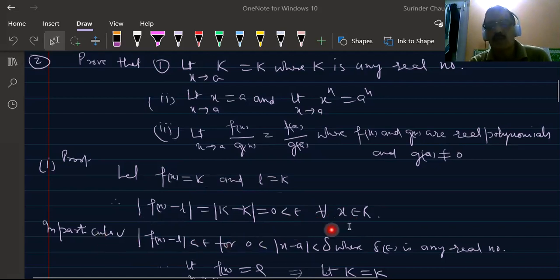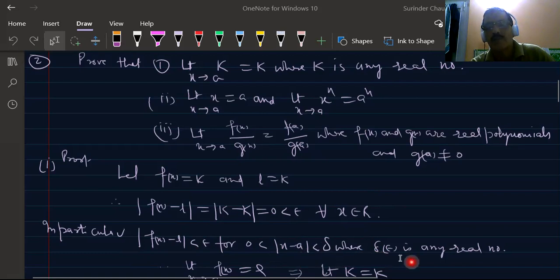So in particular, if this relation holds for all x, it will also hold true in a neighborhood of x, because a neighborhood of x is a subset of all. So that will become the common domain. In particular, |f(x) - l| will be less than epsilon for all x with 0 < |x - a| < delta, the deleted delta neighborhood of a. This inequality holds in the deleted delta neighborhood of a,